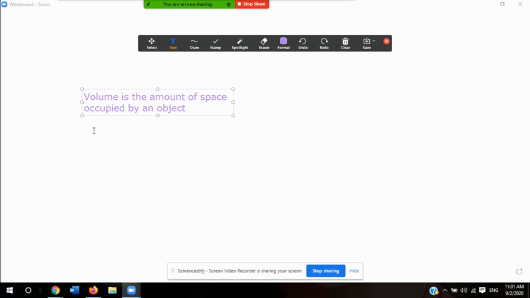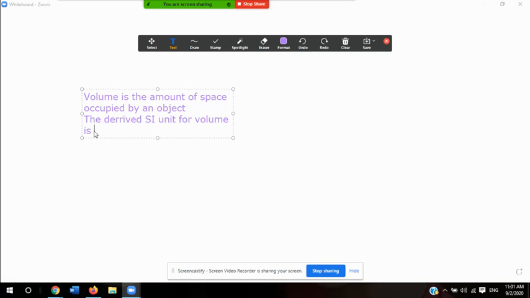How much space does an object have, okay? And it says that the derived SI unit for volume is, and that's also very important,